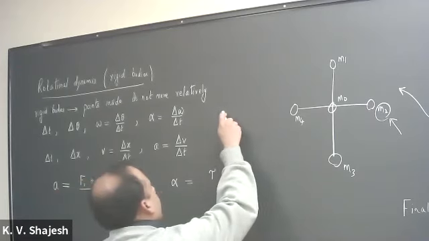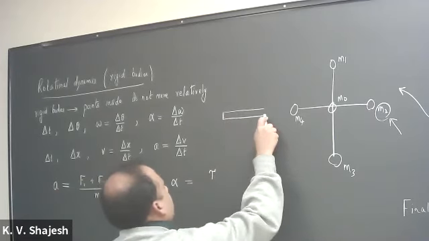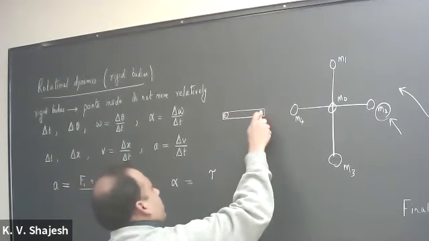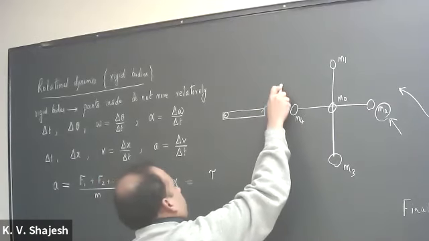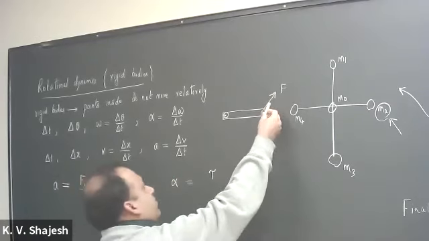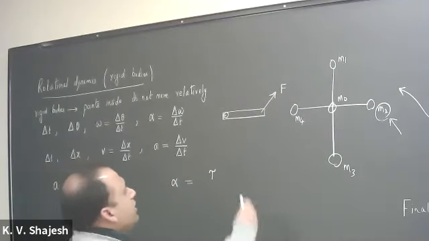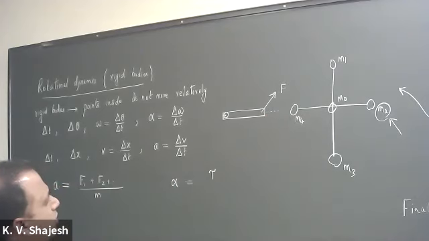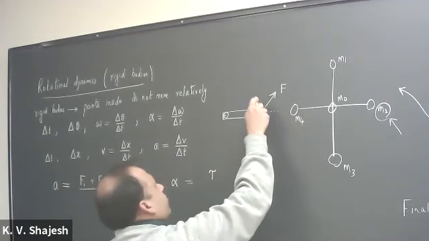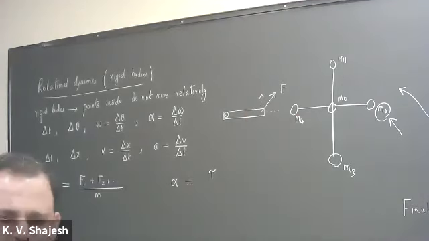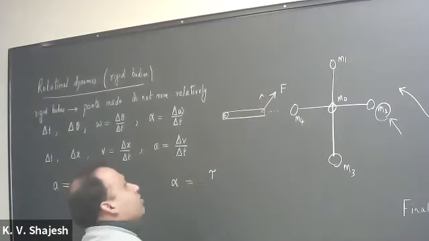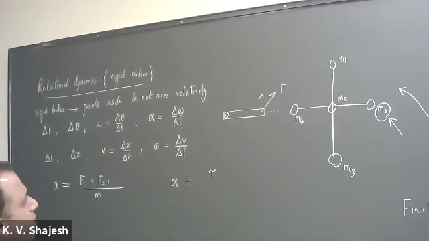So for example, if you have a door and there is an axis coming out of the board, so this represents a door, and you could be exerting a force on it. This force does not completely contribute to the torque, in the sense that there is a component along the door, and there is another component which is perpendicular to the door, and it is only the perpendicular component of the force that helps rotational motion. So often it is called the moment of the force. It is given by r sine theta, and we did examples on that.